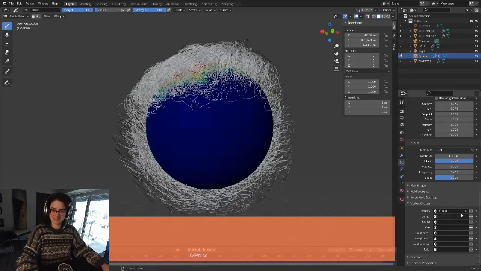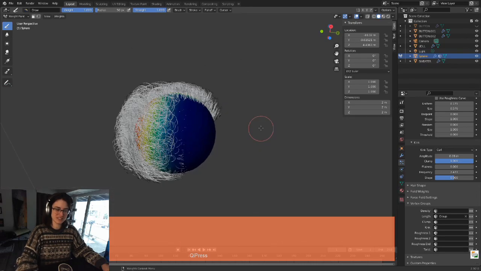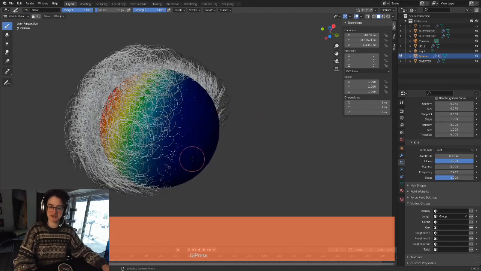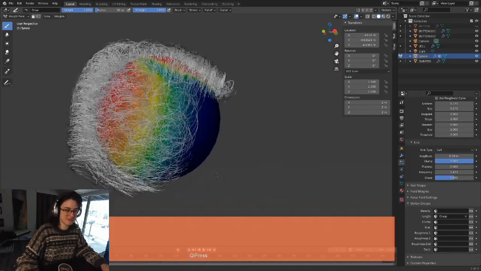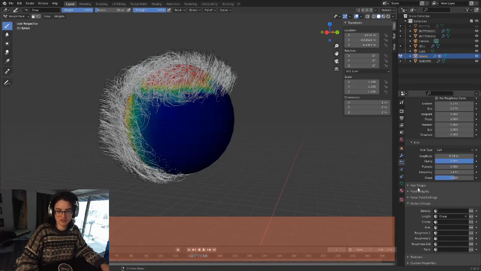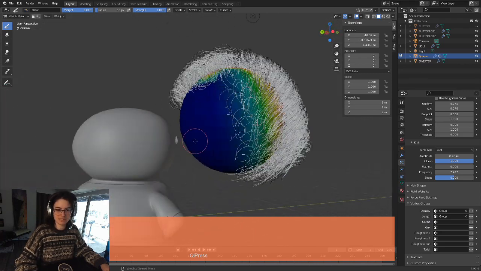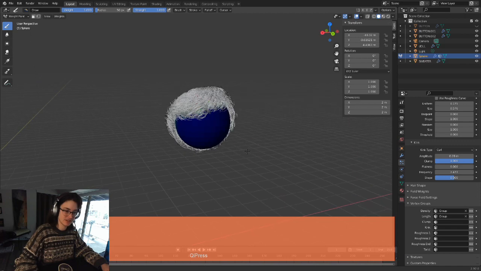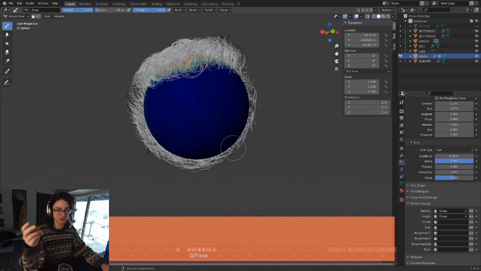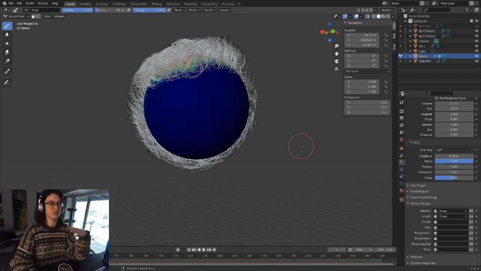So this is it under density. I'll show you what it looks like under length. It looks very similar, but basically because blue means it's very short or cut completely. So this is how you can designate specific areas. So you can do multiple weight maps and multiple different particle systems. So say I want some hair just in this blue spot. If I want more than one weight map,